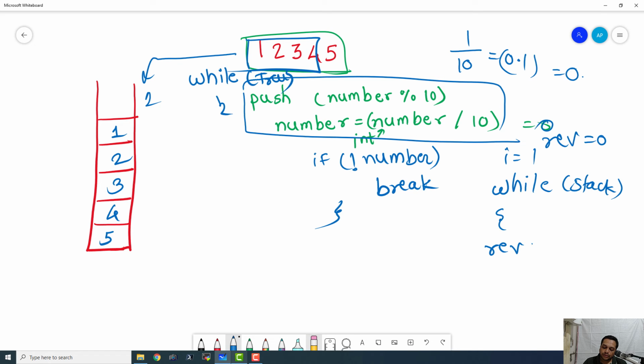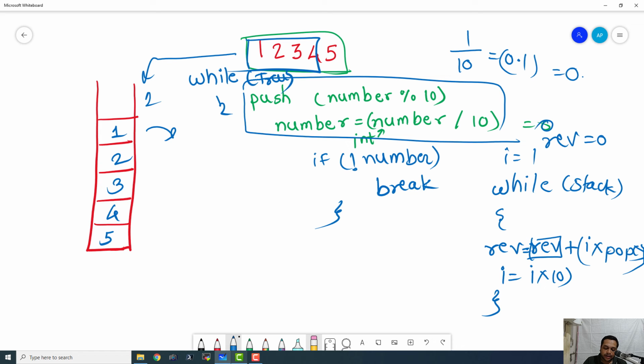Reverse equals reverse plus I multiplied by pop of the stack. So we are going to pop an element from the stack and multiply it by I, and then we are going to add it to this variable reverse, and I equals I multiplied by 10.